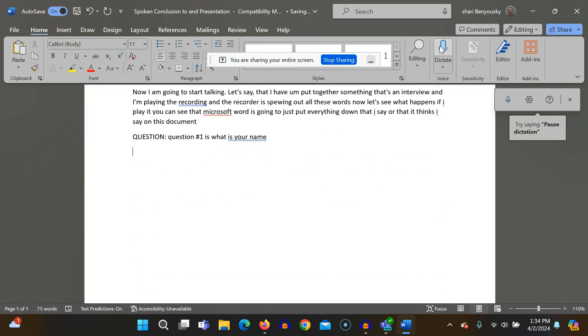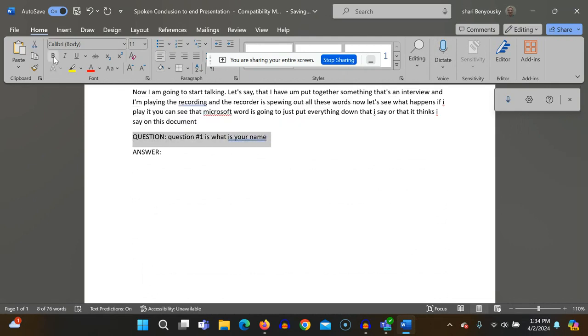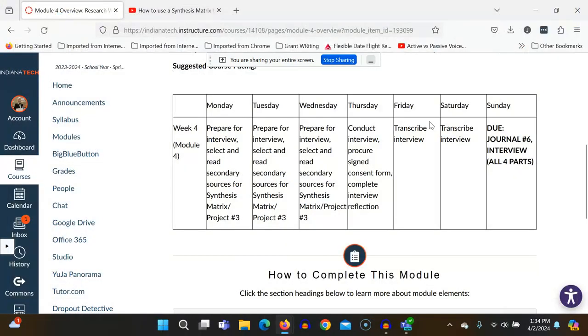I'm going to probably go back over here and type in answer, right? Okay, so when you send the document to me, it should be very clear which are the questions and which are the answers. Sometimes you'll see that questions are bolded and answers are not, to differentiate between the two things. Okay, so you can use this as a way to make it a little easier on yourself